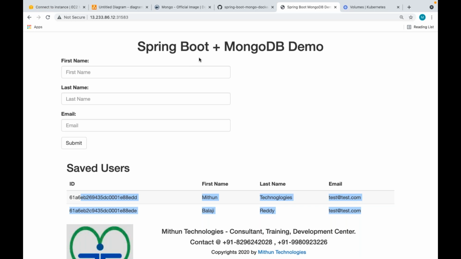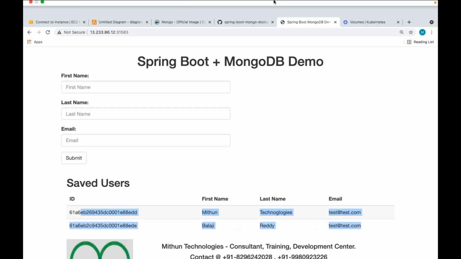So tomorrow I will demonstrate how to set up NFS also, so that you can understand. EFS is a managed service of NFS, right? AWS managed service. So tomorrow I will show you how to set up NFS, and then how I can use that NFS volume in my Kubernetes pods. I'll continue tomorrow. Tomorrow also we are going to discuss volumes only. Volumes are very, very important.